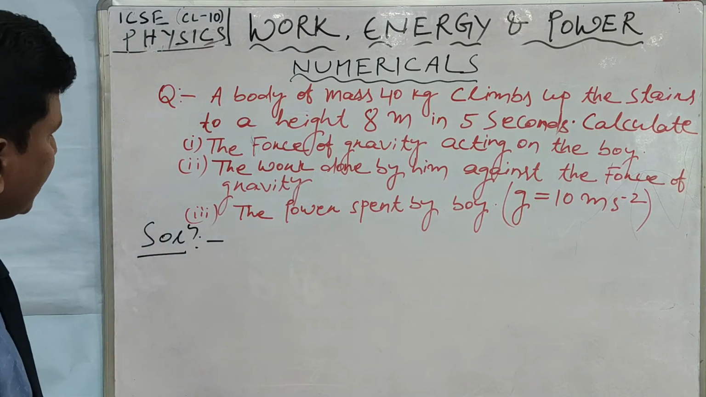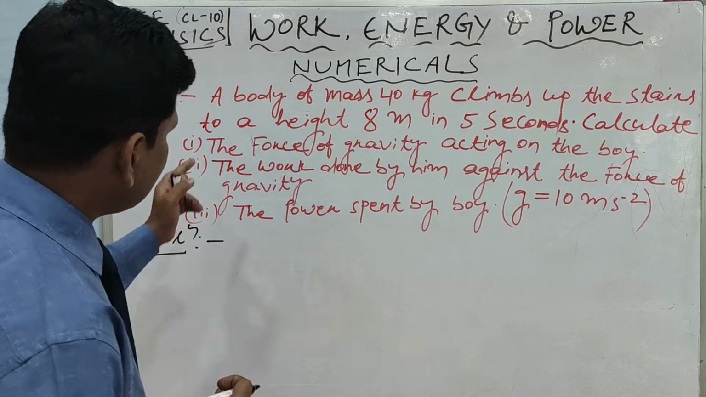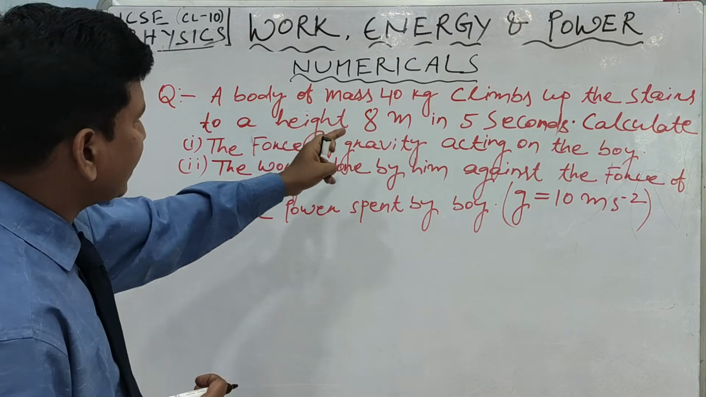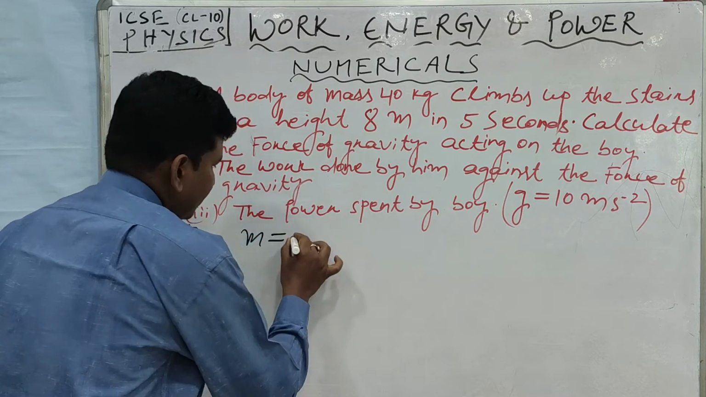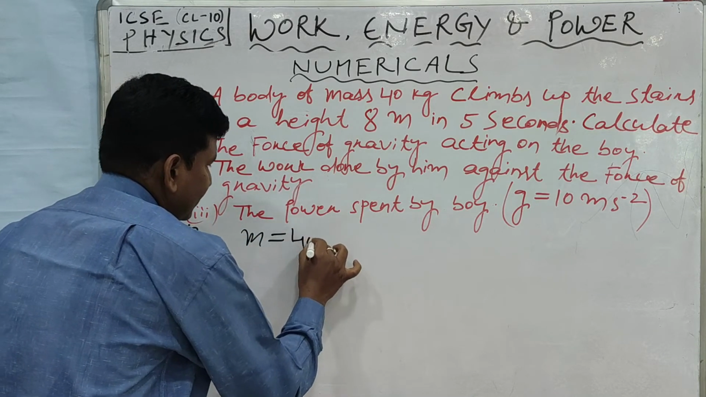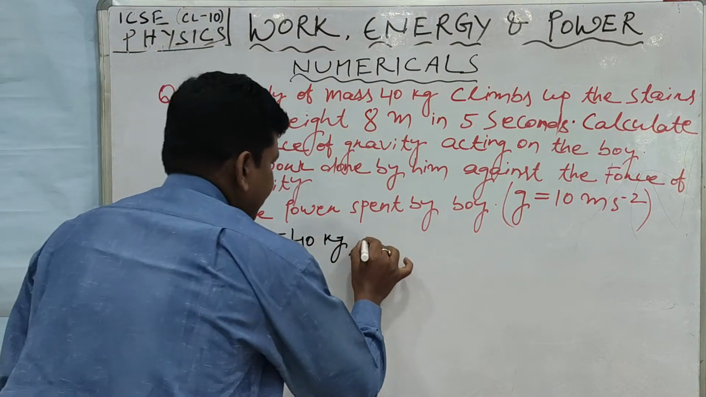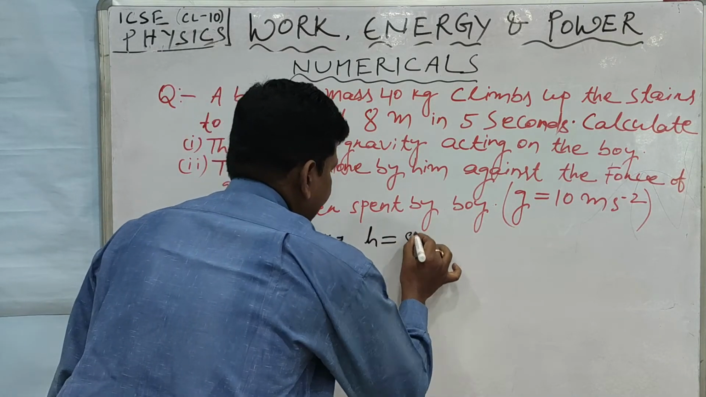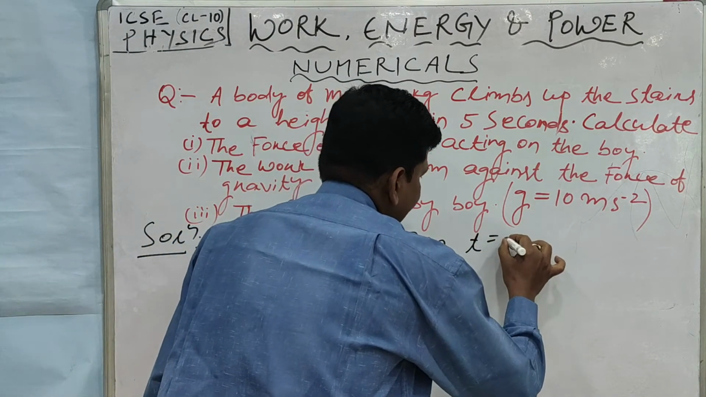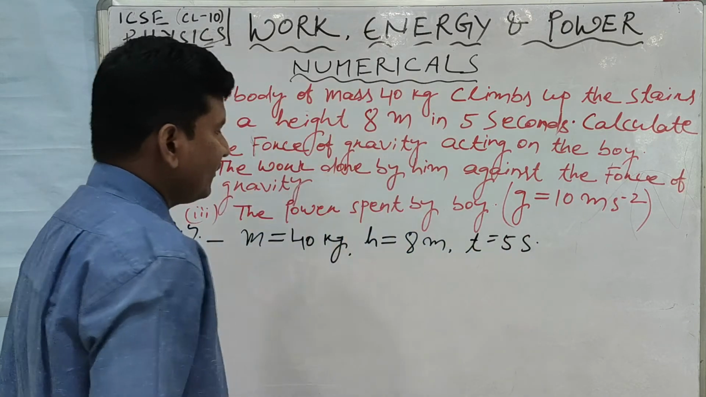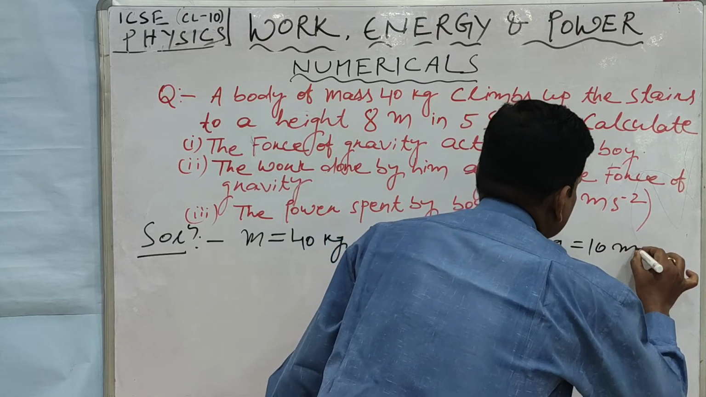Now before you solve the numericals, what do you do? At first you write down the physical quantities which are given. Here the mass of the boy is given, so m is equal to 40 kg. Then the height is given, h is equal to 8 meter. Then time is given, t is equal to 5 seconds. And obviously the value of g is given, g is equal to 10 meter per second